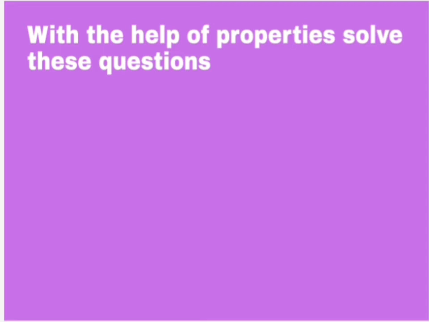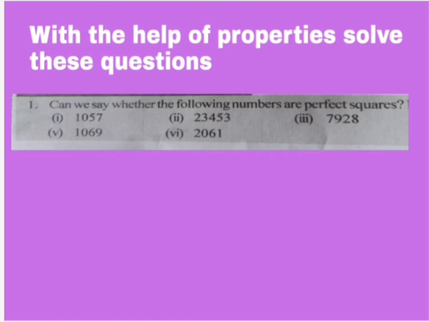That is the next thing we are going to do here, with the help of the Try These questions. In your textbook, you have so many questions which are given as Try These. So the Try These questions we are going to solve with the help of the properties which we have learned now. First is, can we say whether the following numbers are perfect squares? Just now we learned in the first property, right? When they are perfect squares, isn't it? So the first question is